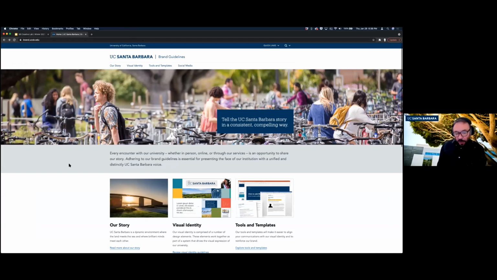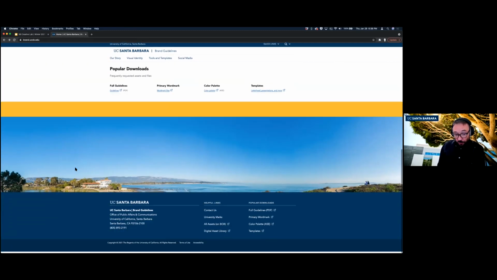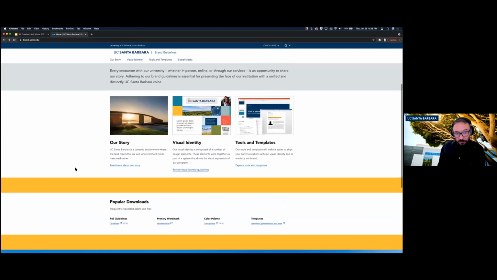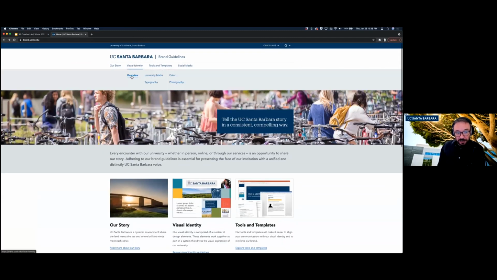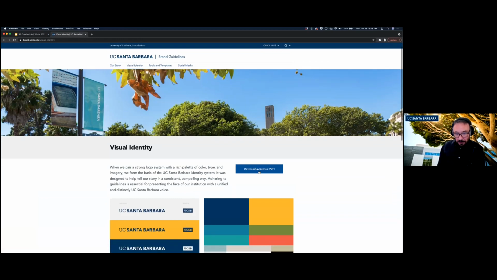I'm going to give you a high-level overview. I encourage you to read through this. What I encourage you to do most of all is to go to this visual identity overview and download the guidelines. This is a PDF document that we designed in collaboration with our agency. It's a 98-page document, and that's going to sound scary, but it's well worth reading every page of it and looking at it because it's full of guidelines for how to use the UCSB brand.